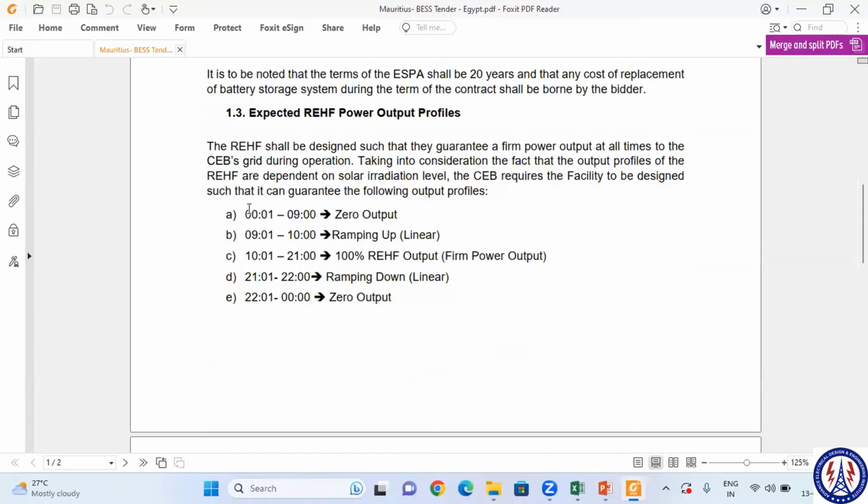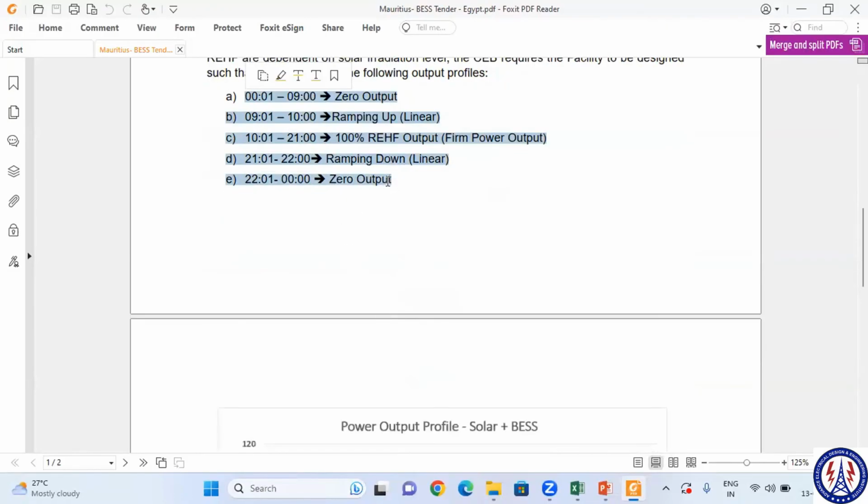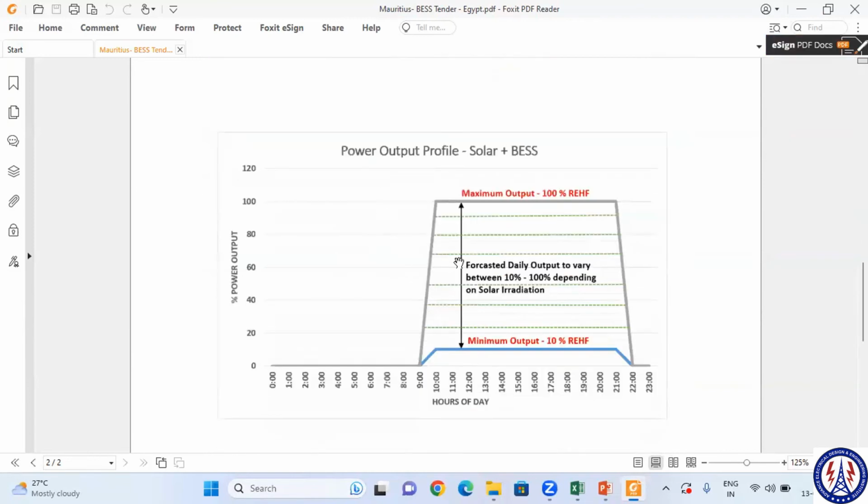Yes, actually, you can do the same. The point is, if you do have the final figure, the kilowatt, then you can execute. No worries, for example, let's assume that 100% of the power is 40 megawatt. Yes, let's assume 40 megawatt. Okay, then in the daytime also you wanted to operate